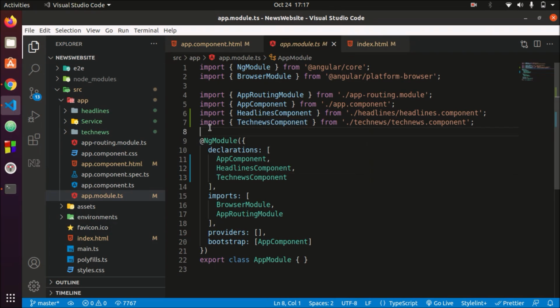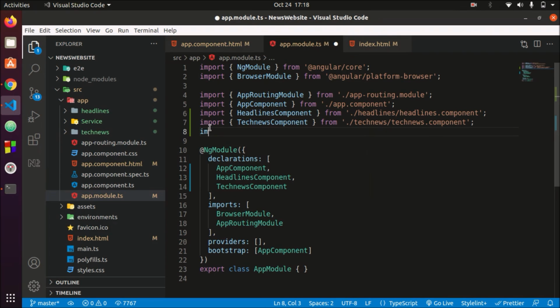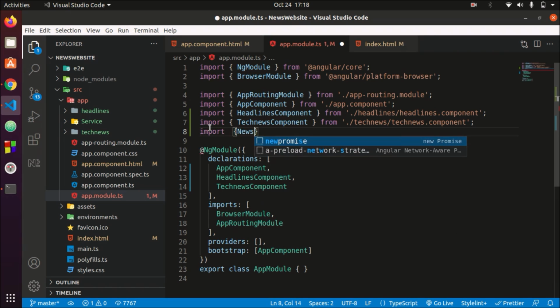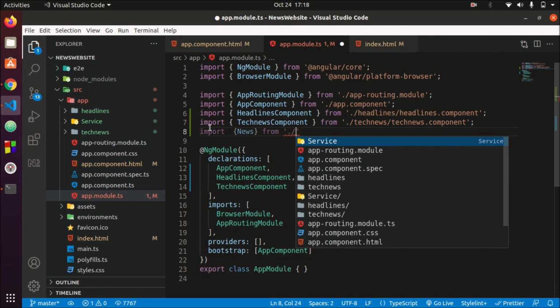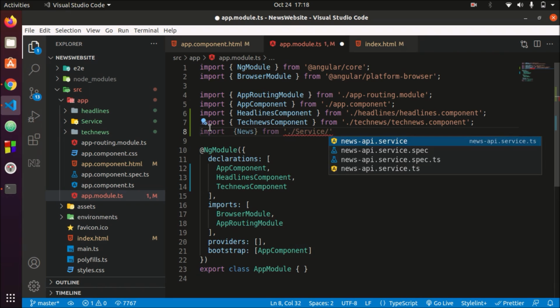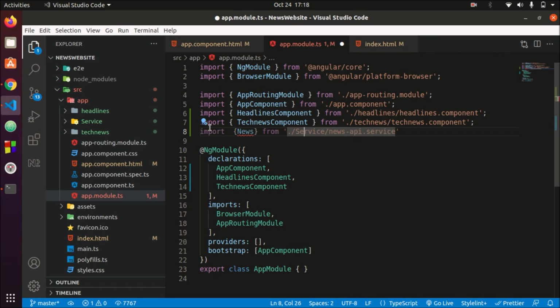Let's do one more thing. Let's import our news API service. So import news API service from that file, and let's write it here. So it is also included here. So let's import it in our